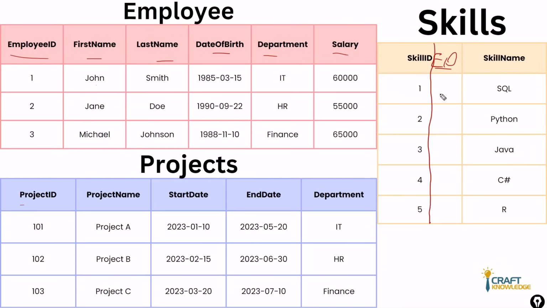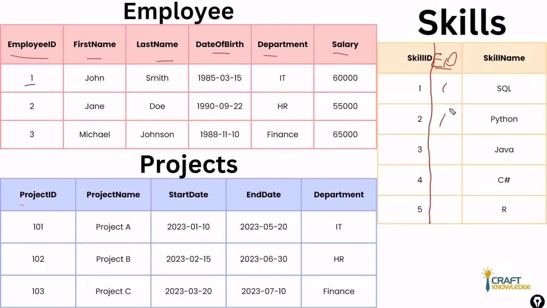If we look at the previous slide, John Smith had 2 skills, SQL and Python. So here we'll add the ID of John Smith. For example, John Smith's ID is 1. So 1 will be added over here and 1 will be added over here as well, right? Jane had another 2 skills, so we can add the ID of Jane at the respective rows as well,